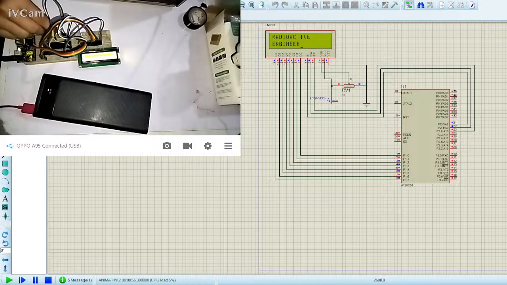Let's reset it and see if it works. Let's reset it. Yeah, so at least something is there. We are now left with the uploading of the program. Let me connect my programmer and program this thing up, load this thing with the latest program, the latest firmware, and